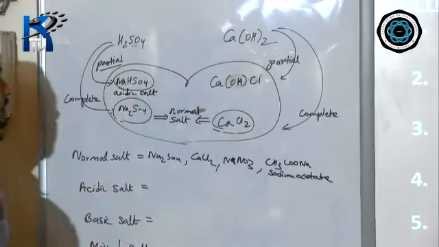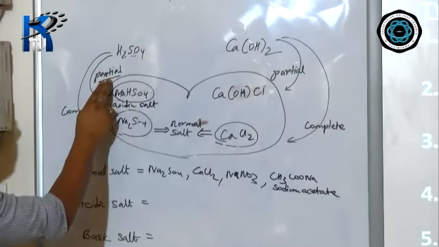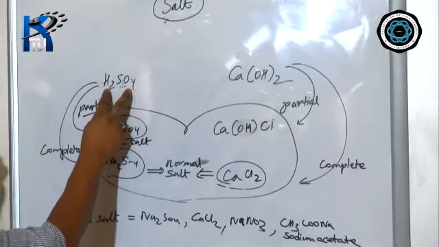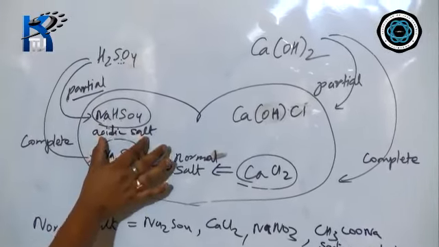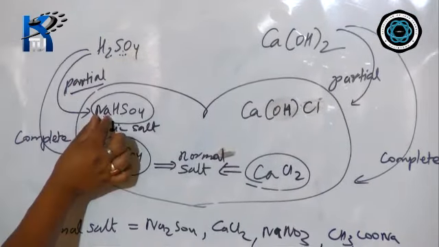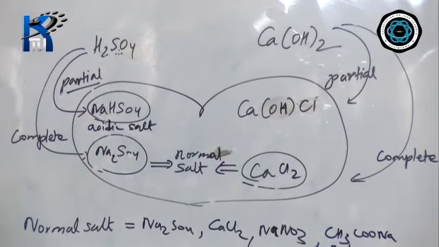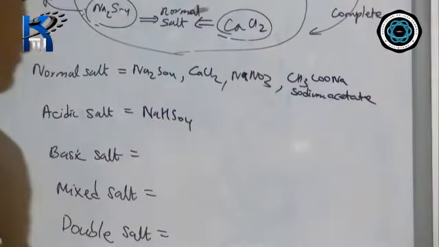So what is an acidic salt then? These are those salts which are formed by partial replacement of hydrogen ion of an acid by a metal. I repeat again, these are those salts which are formed by partial replacement of hydrogen ion of an acid by a metal. That will give you the definition of acidic salt. So this is the acidic salt of sulfuric acid, students.